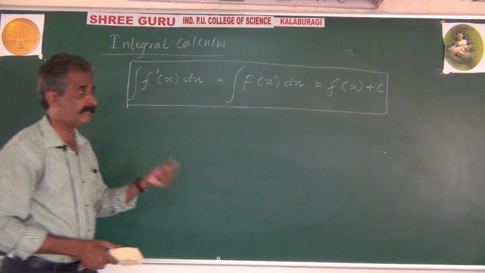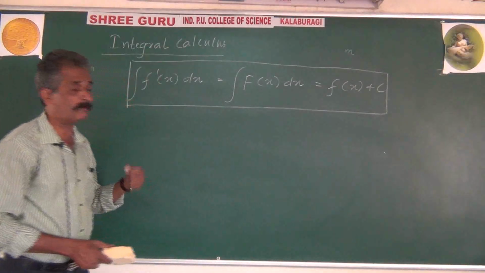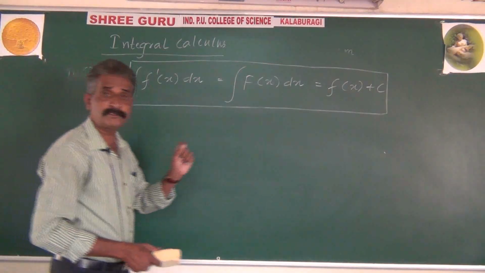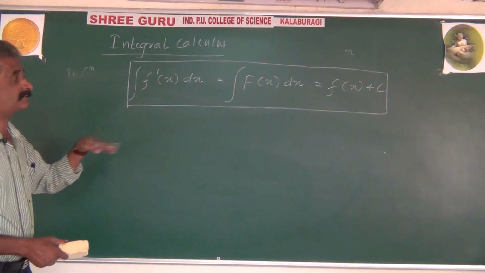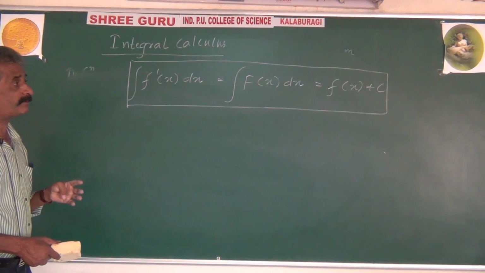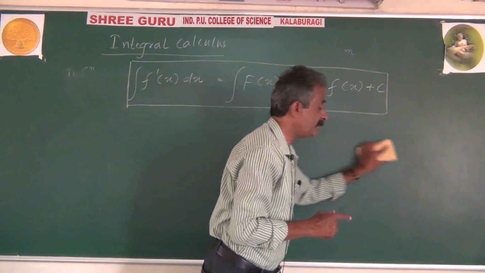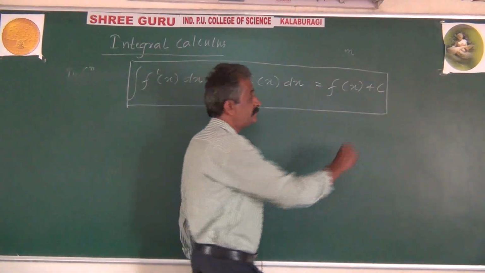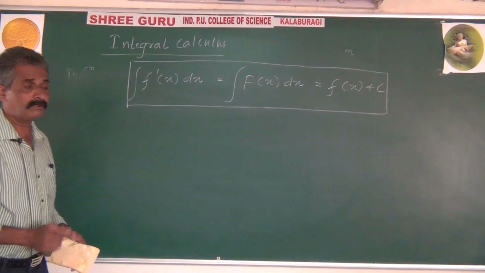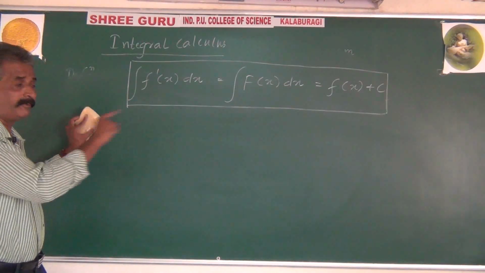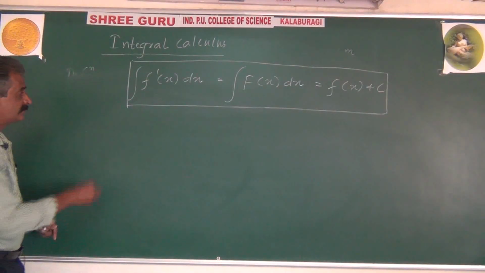C may be 0, C may be 1, C may be minus 2, C may be 100, C may be root 10, C may be 1 by 10, etc. Because there is no fixed value for c, we are going to call such integrals indefinite integration or indefinite integrals. The word indefinite stands for the quantity c because it is arbitrary. It can take any real value but not a fixed one. That's why we have the word indefinite integrals. Alright, next things here.